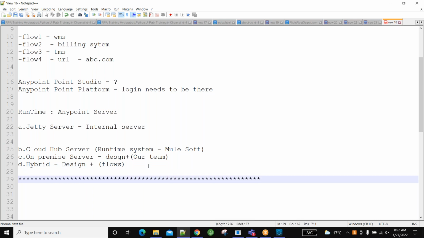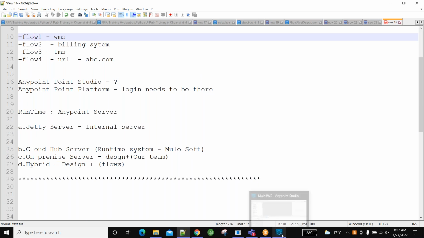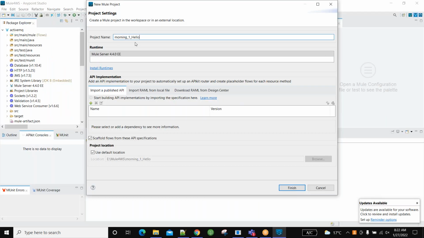Okay. Now, till now we are saying we have flows, we have flows, we have flows. Now, how will we frame that flow in our project? That is another thing. Now come back here. I have created the project, right? The Mule server is there, and you have to give your default location. This is the default location. If you want to create your own, just create it. My default location here I have set. Click on finish.